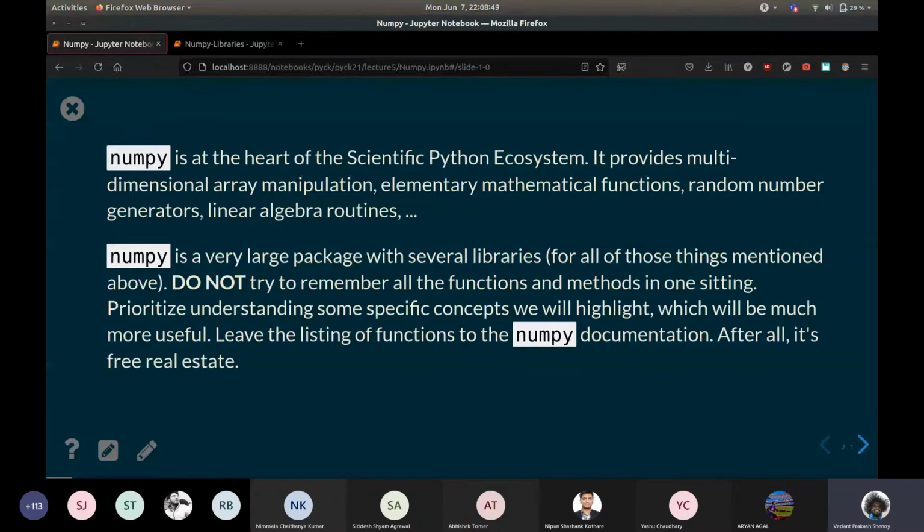So we should prioritize some specific concepts, which I'll highlight, and those will be much more useful. The list of functions, leave it to the NumPy documentation. You can look it up whenever you want. Again, you can Google, you can go to Stack Overflow and find out. So don't try to remember everything that happens in this lecture, but just the more important stuff.